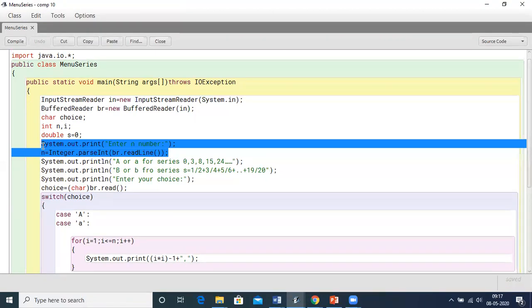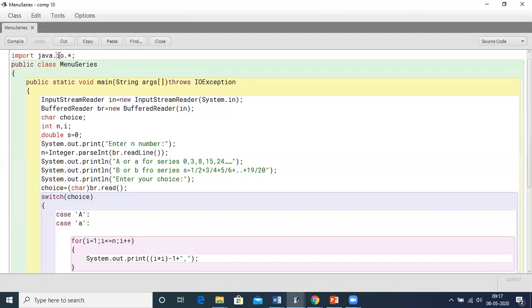You can either write scanner class or you can write Integer.parseInt. Both have the same thing. Here we are importing the IO package. In the same way, we can create objects of the IO package and then we can use it to accept and convert values into the primitive data type.